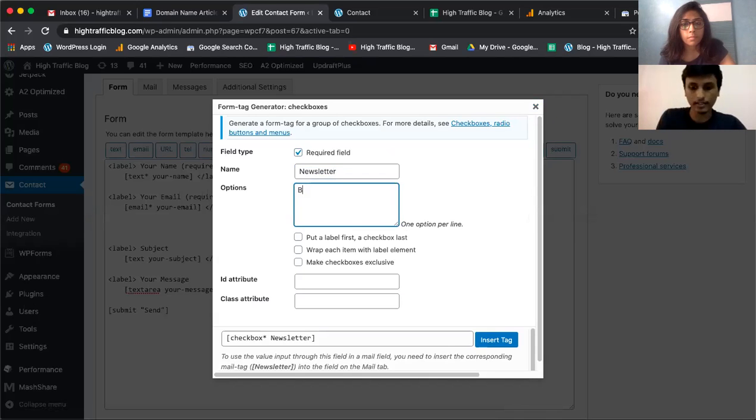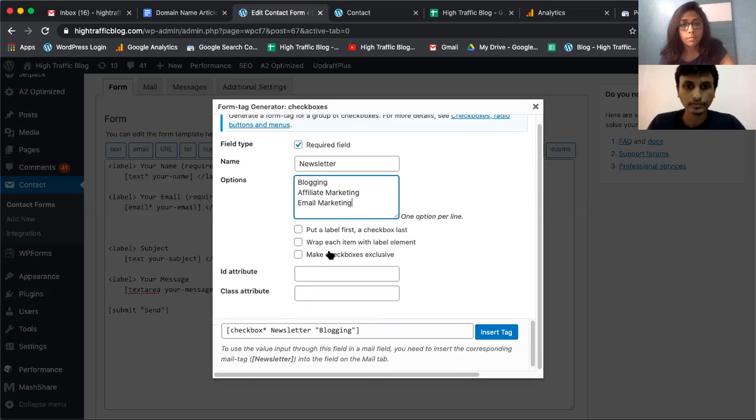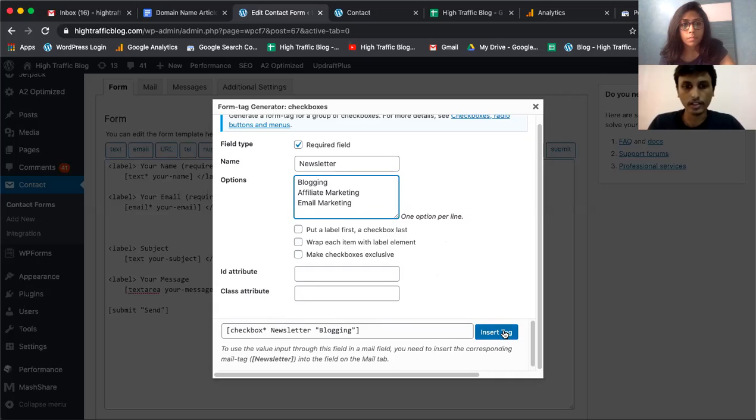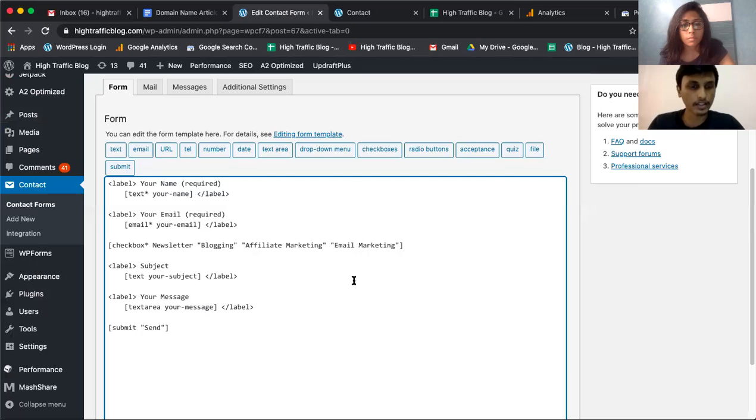So let's say blogging and affiliate marketing, email marketing. So it also gives you other options, like put a label first and then the checkbox and all of that. You can just keep it as it is and click on insert tag.